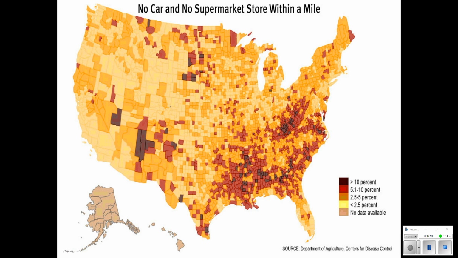And really, you're going to look at several patterns here. The Deep South, Appalachia, from Kentucky up into West Virginia. A lot of the big urban areas will have no access to the supermarkets. And then, of course, there are these two areas here I'm going to focus on, because I'm going to show you a map here in just a second.